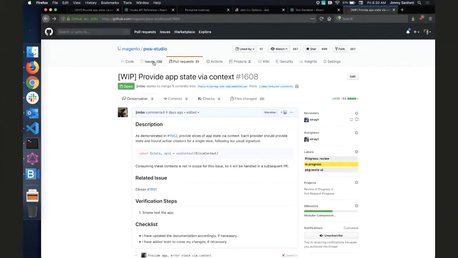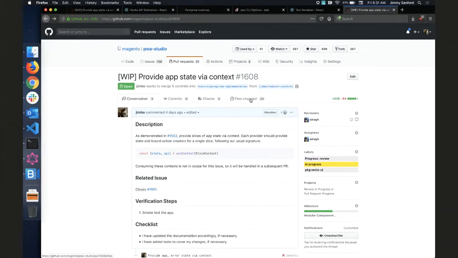Stephen and I are hard at work on Peregrine. We're trying to make Peregrine actually complete here in the next few months. One of the things we showed off a couple weeks ago was some work on the left drawer, where we had made application state like user and the drawer and catalog available via context.